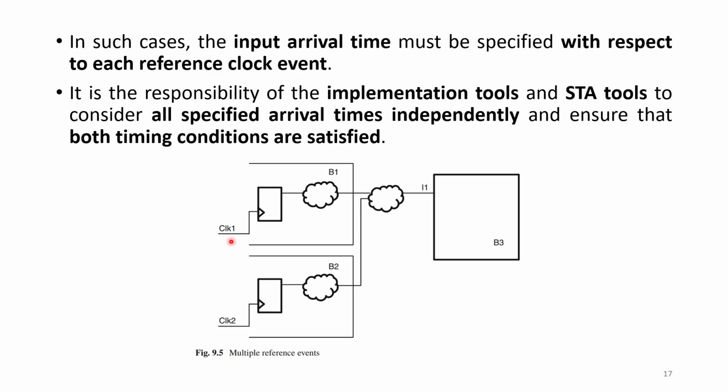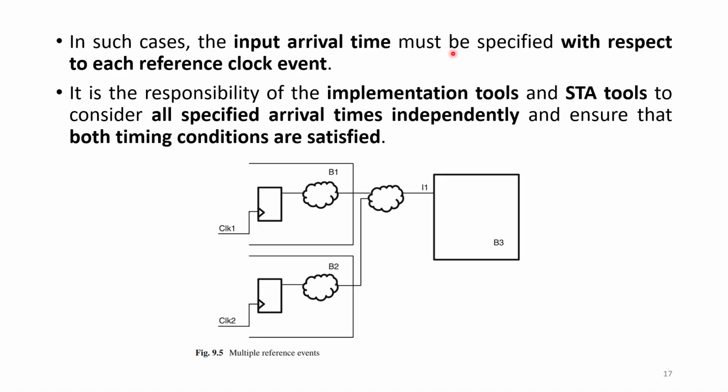So it should be specified with respect to each and every clock. It is the responsibility of the implementation tool and STA tools to consider all specified arrival times independently and ensure that both timing conditions are satisfied. So here the data can be available because of the triggering of clock 1, or else it can be from clock 2. So that's why we need to define it properly while